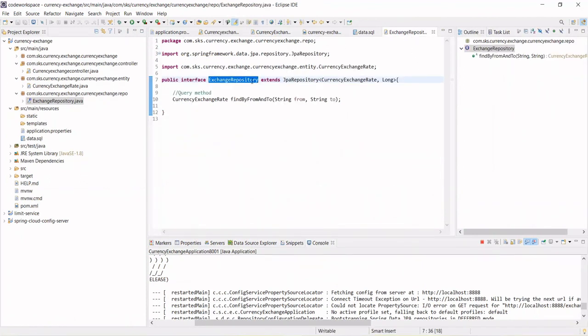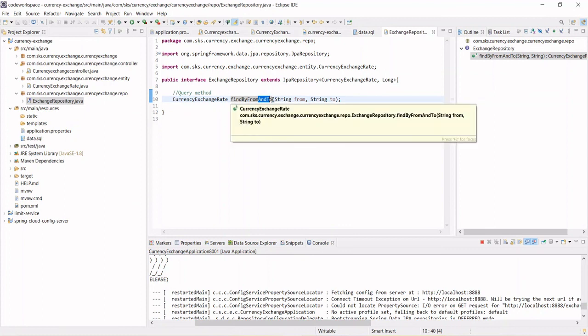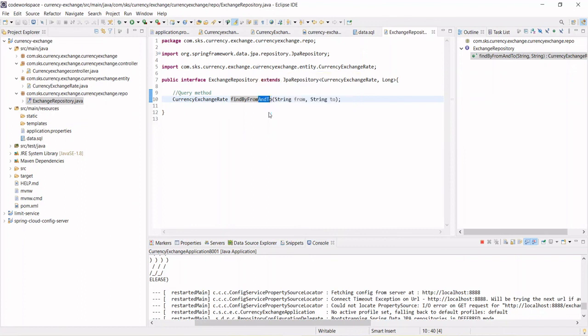You just need to create an interface and extend the JpaRepository. If you want to execute a query based upon the where clause, you just need to write findBy and the field. For example, remove this and pass only one parameter. If you want to filter by port, just write findByPort. Whatever variable you have declared, you should write the query method accordingly.